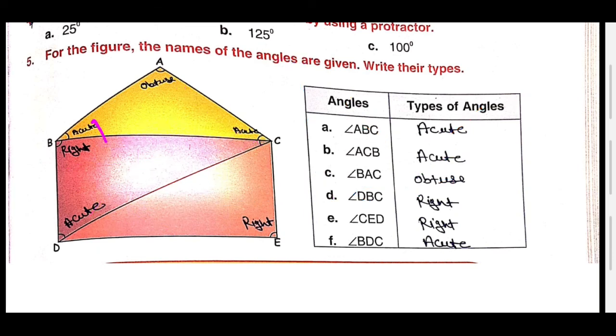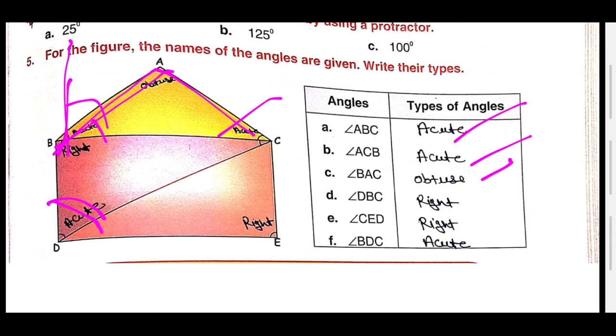Now just see ABC, it is looking just like a 9, it's less than 90, right? So it is what? Acute. ACB, it is also acute. BAC, it is also less than 90. So it is what? BAC, sorry, here BAC, this angle is more than 90, so it is known as what? Obtuse angle. DBC,